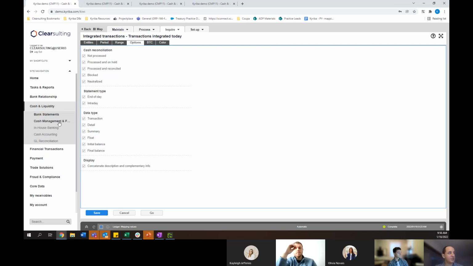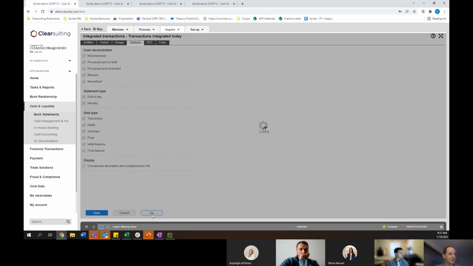So you could see if somebody said, like, show me the wires that happen between $500 and $600, we'd probably turn all this stuff off and just look at transactions in detail, because these aren't going to give us the answer. And then lastly, this box you should always check on. If you don't check this concatenate description and complementary info, what you're going to see